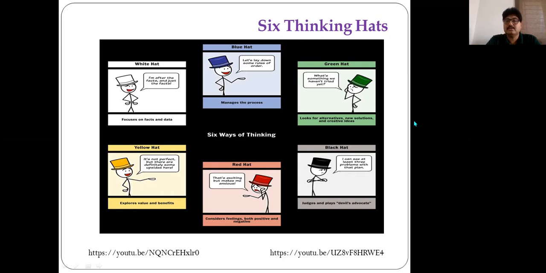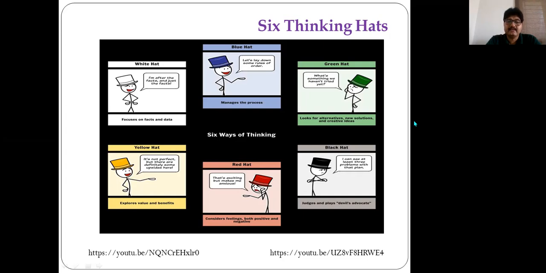Coming to the black hat, he works as a devil's advocate, a critically analyzing person who can see at least a few problems that could be envisaged if we use the concept being studied. So he gives critical thinking factors on the usage of this concept in a specific application.